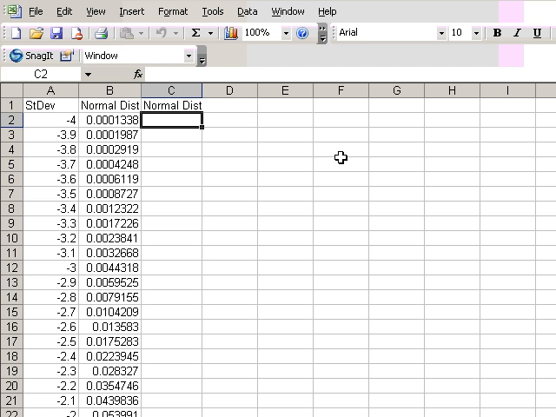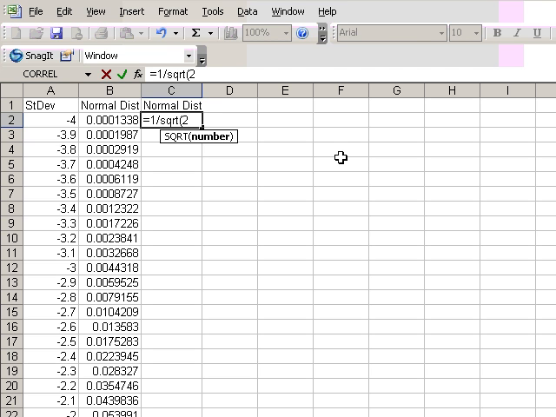That formula can be replicated in Excel with the following: equal, there's the 1, divided by SQRT 2 times pi, and pi takes a parenthesis always, times sigma, which in this case is 1, times EXP paren minus 1 divided by 2 close paren times